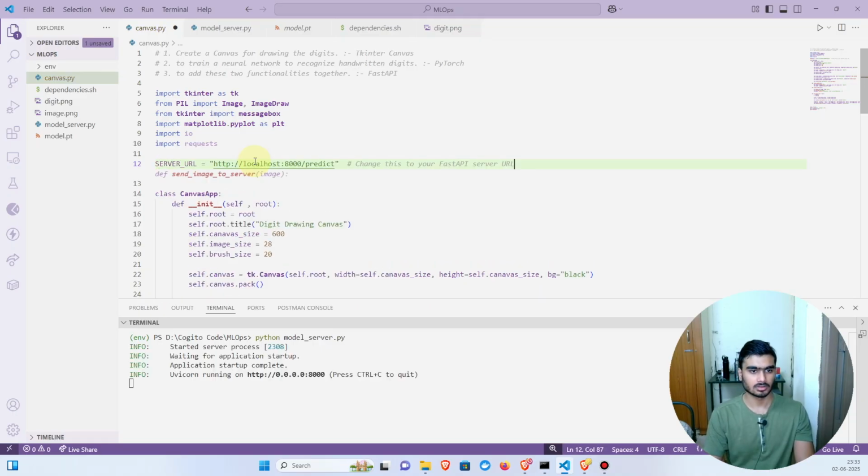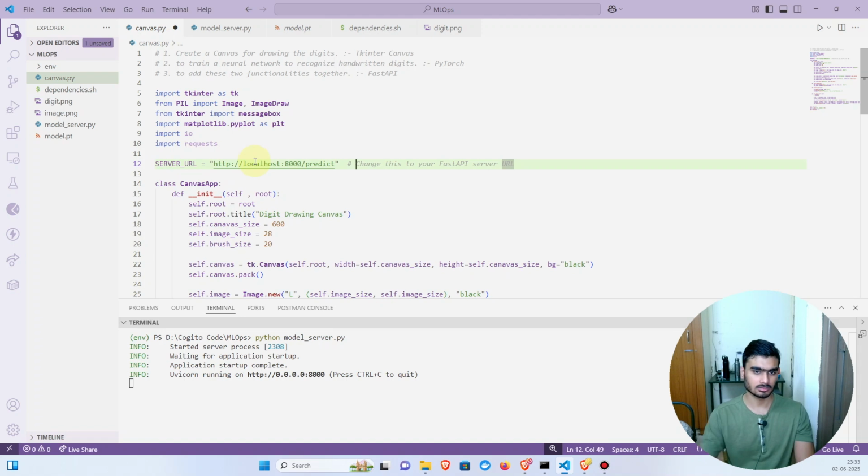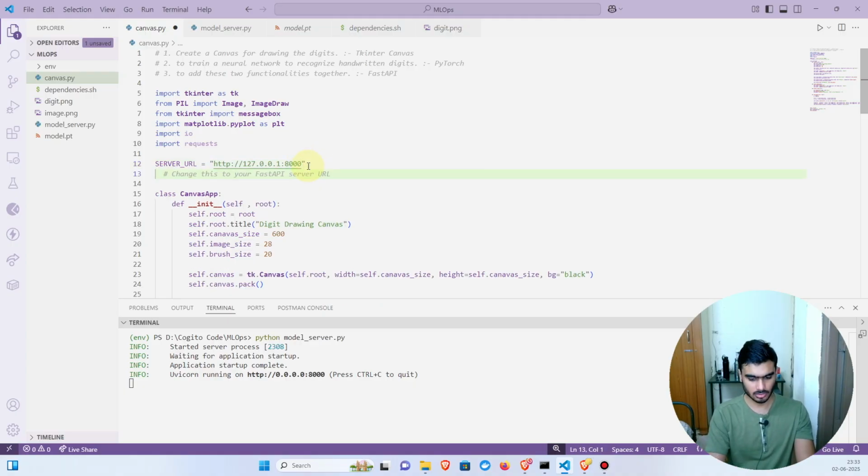Okay, so SERVER_URL, localhost, or you can write 127.0.0.1, both are the same thing. And we remove this, that will be our server URL,